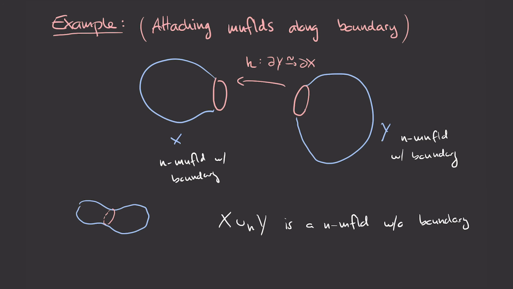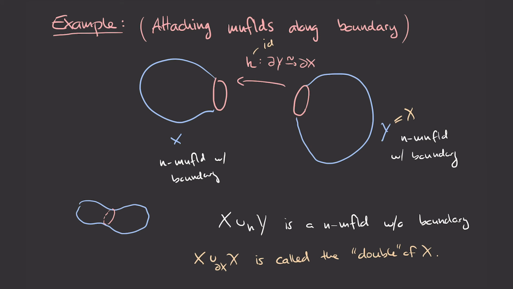A special case of this is if actually Y is equal to X, and this map H here is just the identity. So that's similar to our example with the closed disk before. So a closed disk is in particular also a manifold with boundary. So this kind of generalizes that idea. Well, in that case, we can form X adjoined to itself along its boundary, and this is called the double of X. So that's just a name for this particular construction if we take a manifold with boundary and glue it to